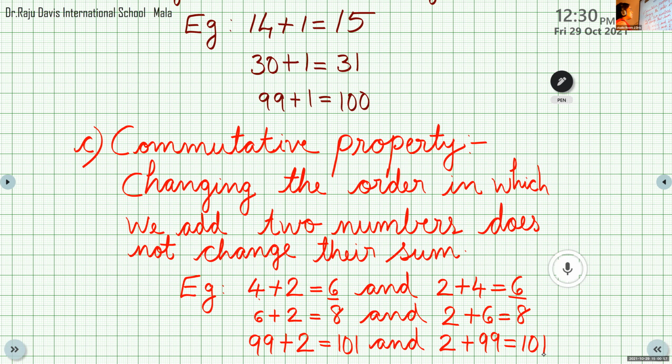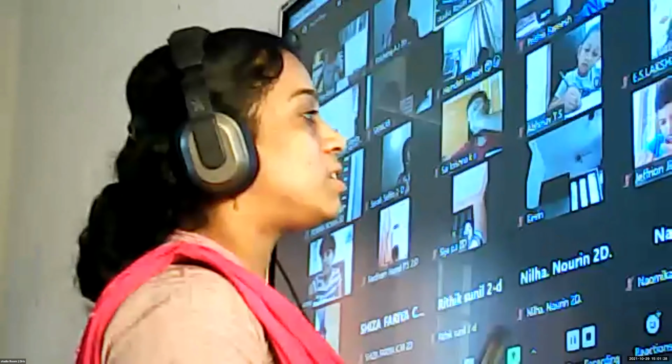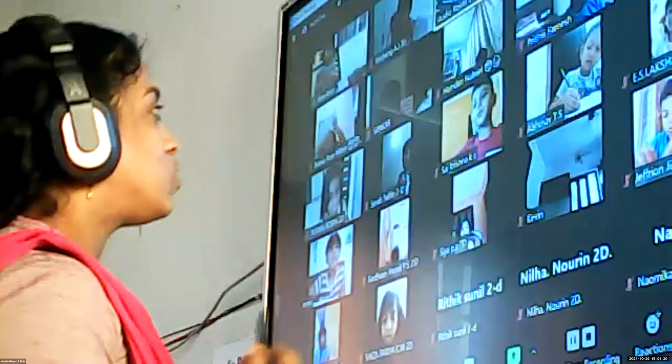So that time you have to copy. Today we discussed properties of addition. There are three properties of addition. One is zero property, the next one is after number property, and the third one is commutative property. So these are the three important points we discussed today. So now it's the time to wind up the session. The same notes I will send to the group also. So those who didn't complete, you can copy from there.